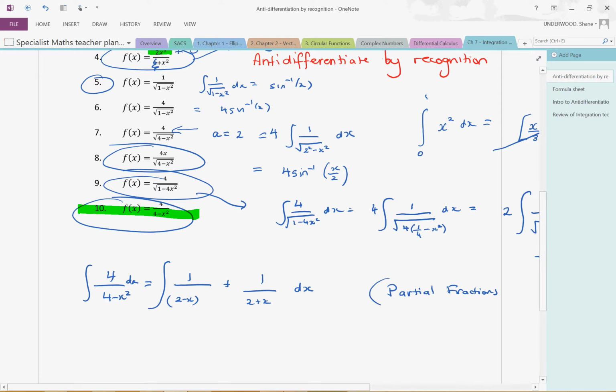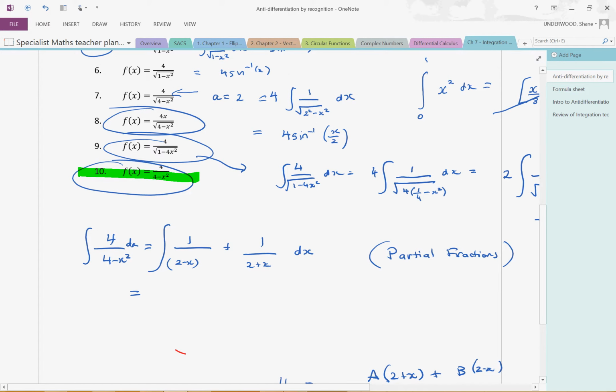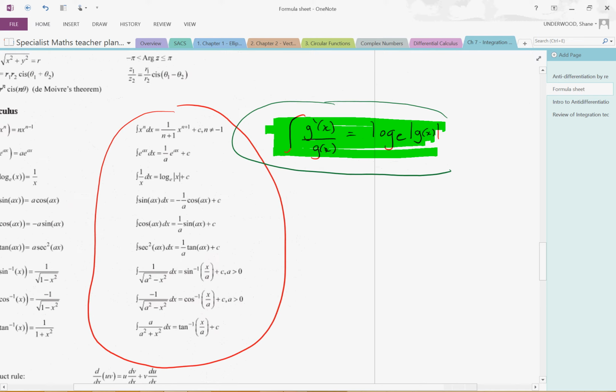But I'm going to tell you that if you think you're that good that you do it in your head, that's fine, but don't make the mistake. All right? I always do it on the side. Just in the little top corner, I do my partial fractions because that means I'm less chance of making mistakes. Now, of course, on our formula sheet, which we discussed before,